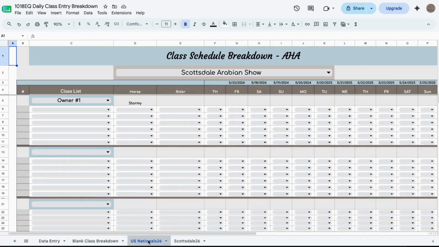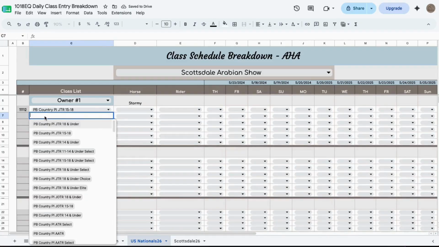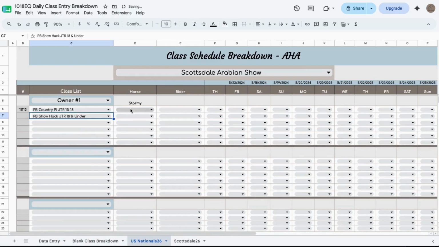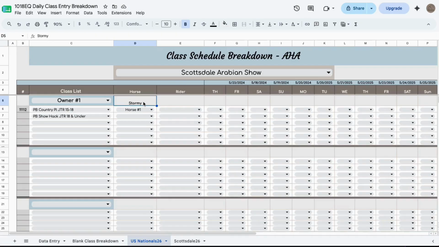Then when you go to your horse show that you're working on, you would basically put your class numbers in, select your owner for this horse, pick the classes that this horse is in. You can also search, and then you're going to select the horse that you're working on. I did this because sometimes I'll put two horses under one owner, but if my horse has a bunch of classes, maybe I'll put an owner in two different spots. So you can pick the horse, you can put their barn name here if you wanted to, or you can just leave this blank. Then you're going to pick your riders for your horses, whether that's the trainer, the amateur,